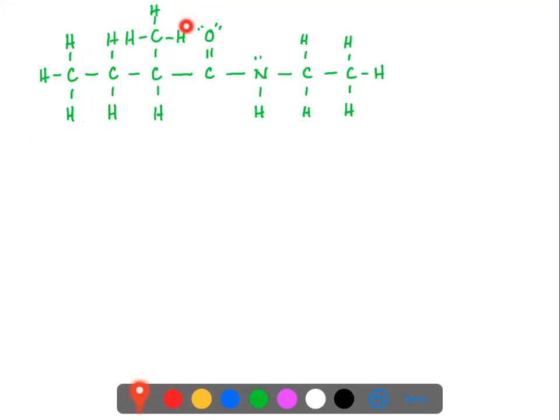We show lone pairs on the oxygen and on the nitrogen. And we show all the bonds between carbons and between carbons and nitrogens and so forth. So we explicitly show absolutely everything in our Lewis structure. So if we were to convert that to the bond line structure,